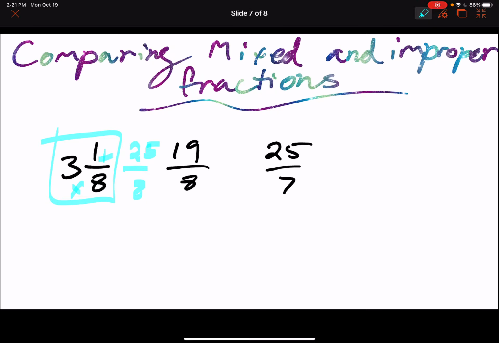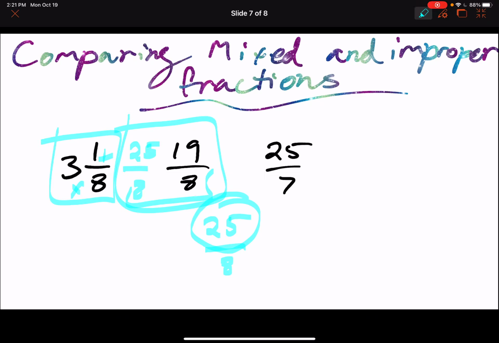All right, now I'm going to compare these directly. If I look at these two here, because they're both over the same denominator of 8, I know that 25 over 8 is bigger. If these are cut into the same amount of pieces, the same size and the same amount of pieces, then I get more pieces with this one, right? All right, now I am going to compare